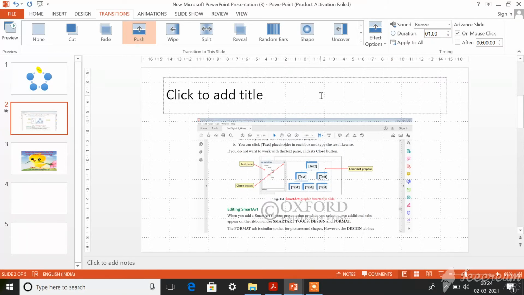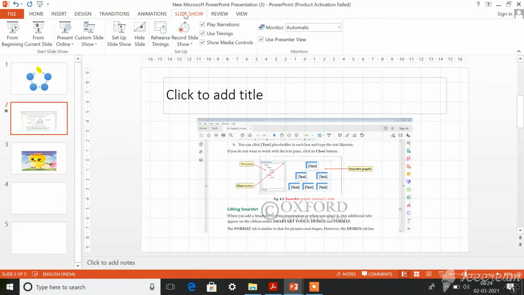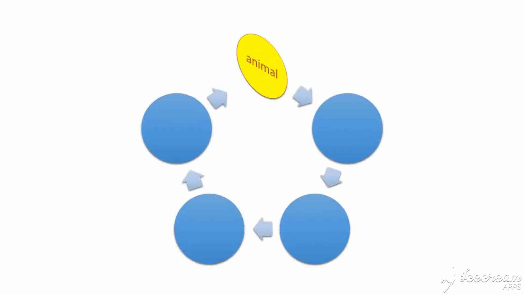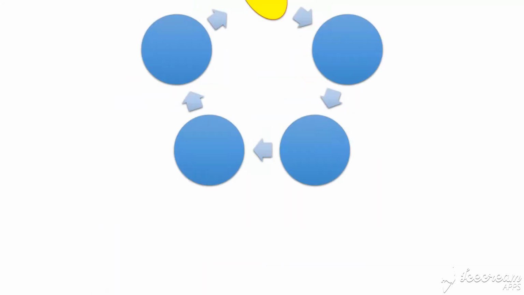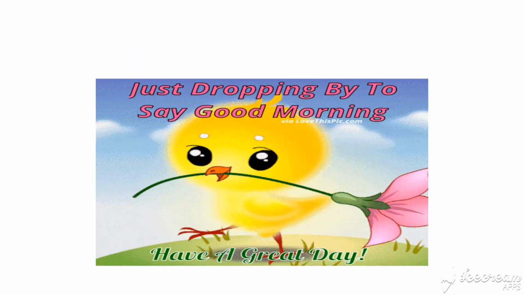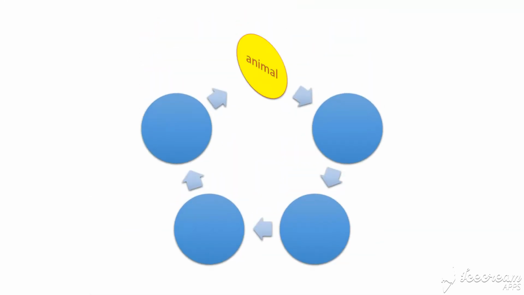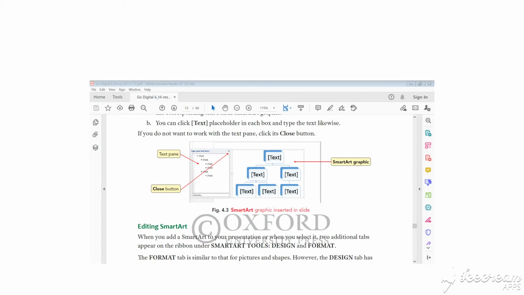After applying all this, you can see your presentation. You can view your slideshow by clicking slideshow and choosing from the beginning. When you click anywhere with the mouse on the screen, the next slide will come. Can you hear that voice? This sound is what I have chosen. You could hear that sound when I choose the next slide, isn't it?